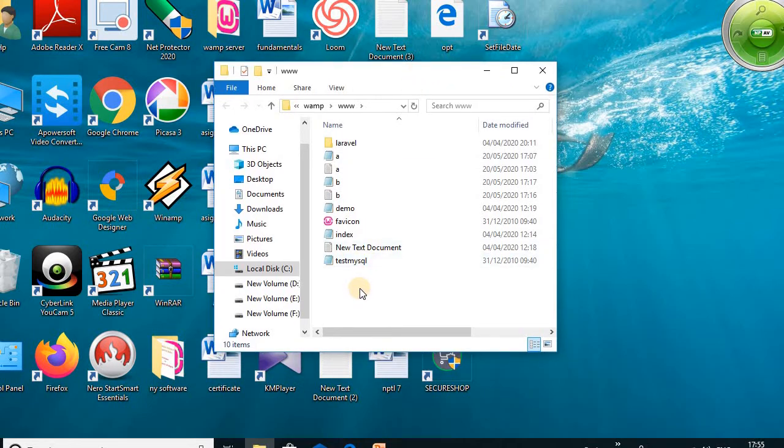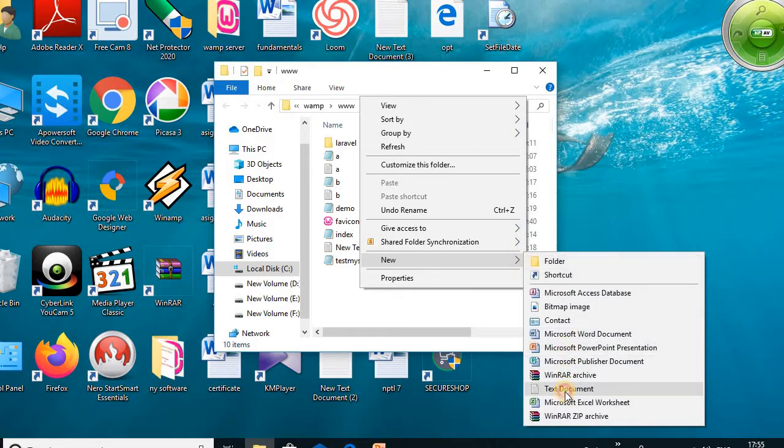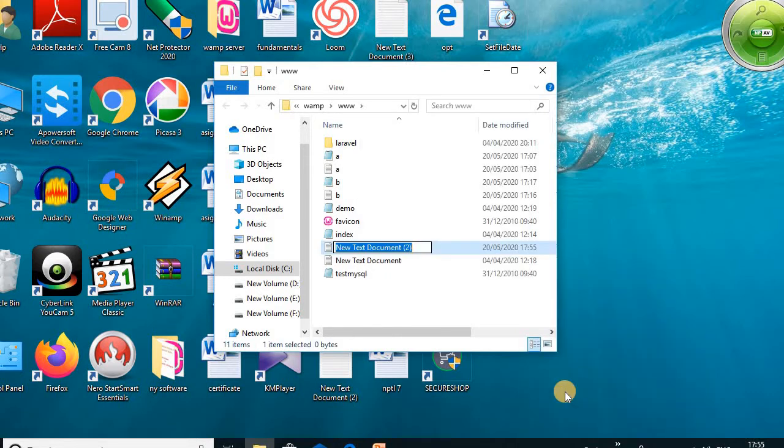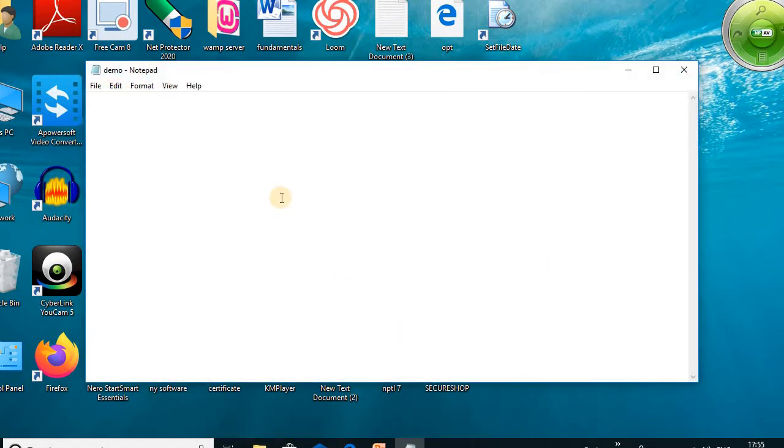For that purpose, you must right click, then select New, then select Text Document. After selecting this text document, you can rename it, for example, I will give it the name demo. Then press enter to open it. Now the text editor will open. Like this we can create a program using the WAMP server.